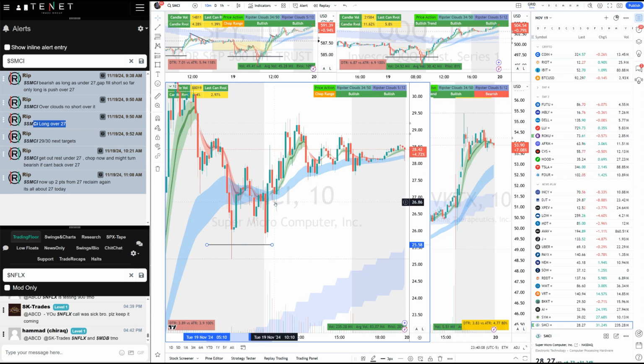Then it pulled back. Now what happens is when it pulls back under 27, it's testing these levels. So you just have to be careful that if it doesn't gain 27, you get out, and you can get out, no problem. But if it reclaims 27, you have to get back in. And you can't have a huge size that you panic, because SMCI could very well pull back to $26 and then push back over.